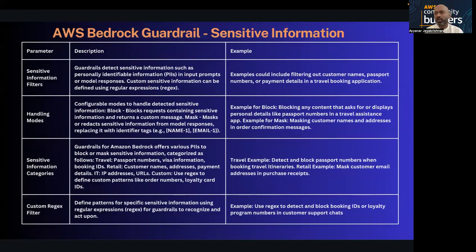Then sensitive information. Let's say you're asking for a customer PII data or phone number. You can see my previous video, we touched upon this. If anybody is asking for customer PII information, it should block it. I'll try to do a demo on the same line today also. There are multiple topics you can deny, particularly name, email, address, passport numbers, some personal identification information. You can also have a regex to avoid any kind of sensitive information. Let's say you are getting an email address on a particular domain, you can stop it.